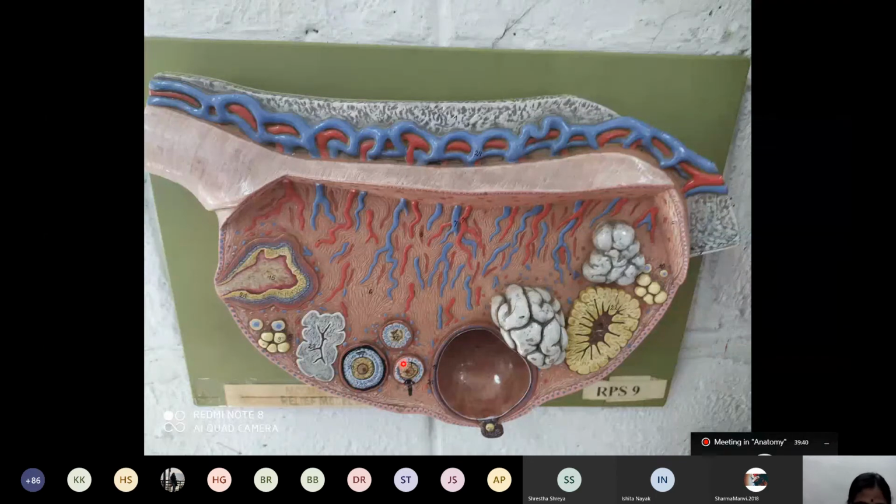And this black outline that you see is the zona pellucida, which is shown by the arrow. This is the exam model. Very, very important. And these are the follicular cells which get converted from cuboidal to columnar to multilayer. See, multilayer follicular cell. This is the secondary follicle. Here in this case, this is the primary oocyte, primordial follicle. This is the secondary follicle with secondary oocyte still in the period